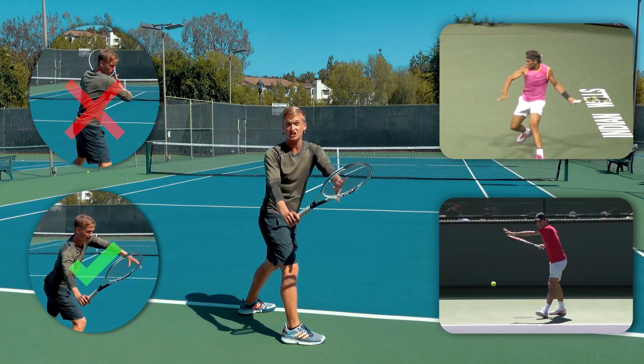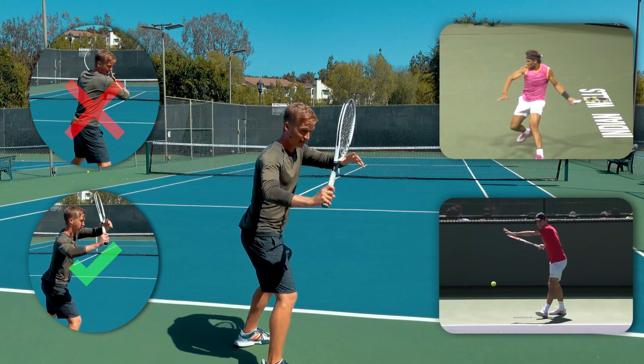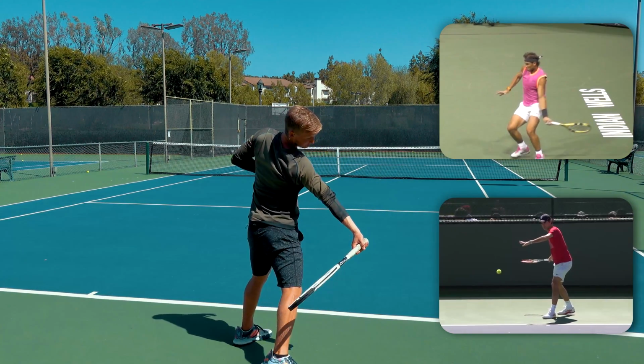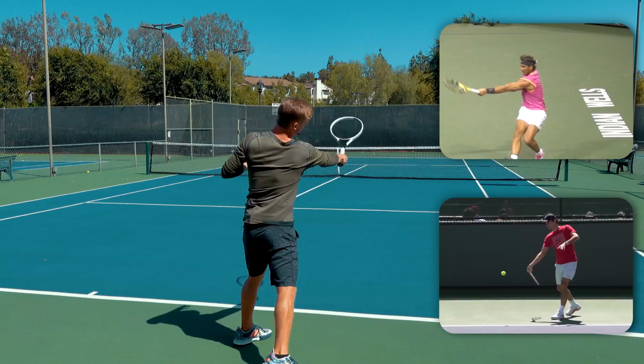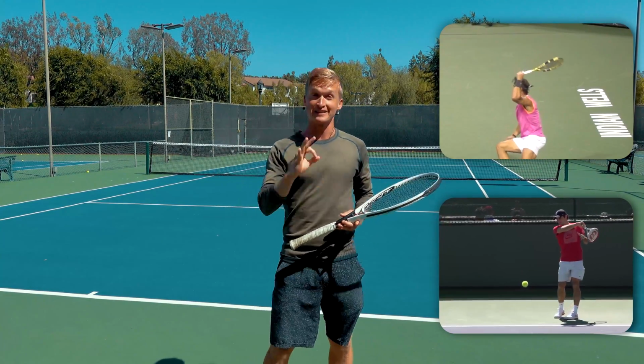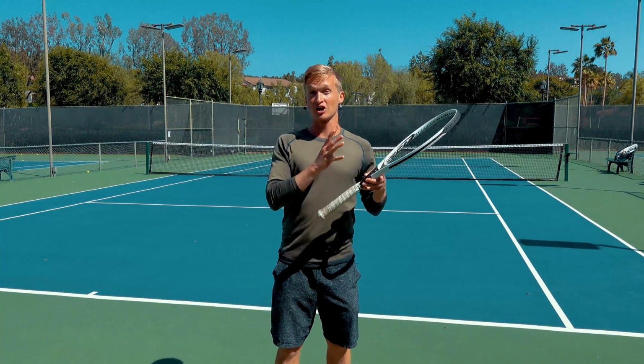By achieving this checkpoint, it's going to allow you to tap into the optimal muscles and create the biomechanical principles to generate the maximum amount of racket head speed and forward force going into contact. So now that you know exactly how to execute that pro level backswing, let's close with the acceleration, contact, and